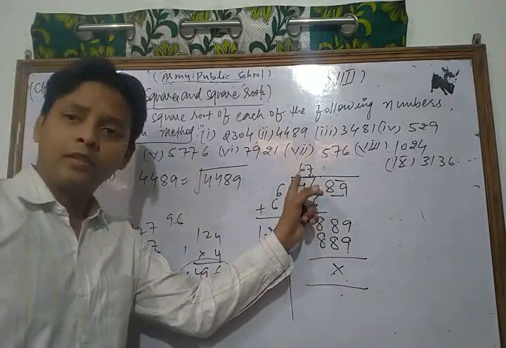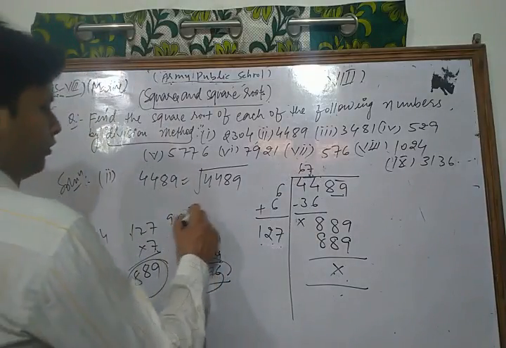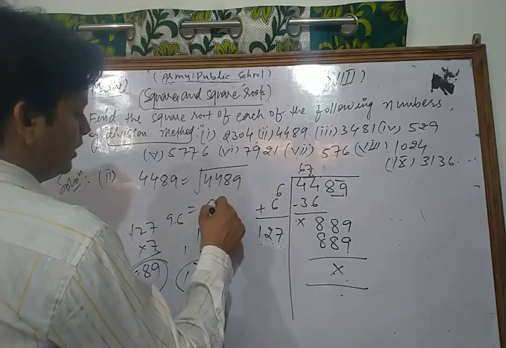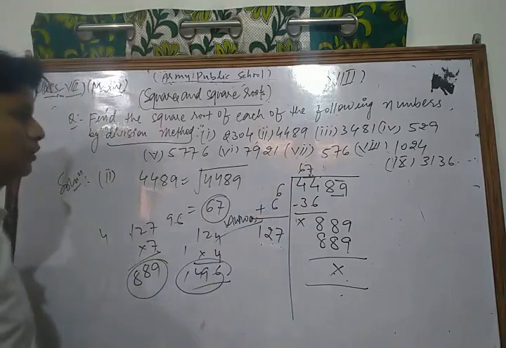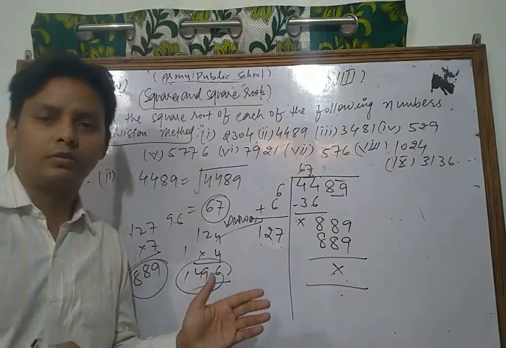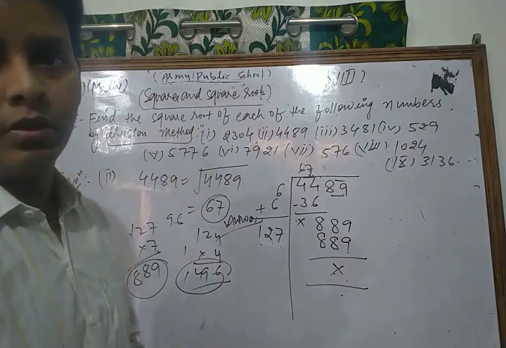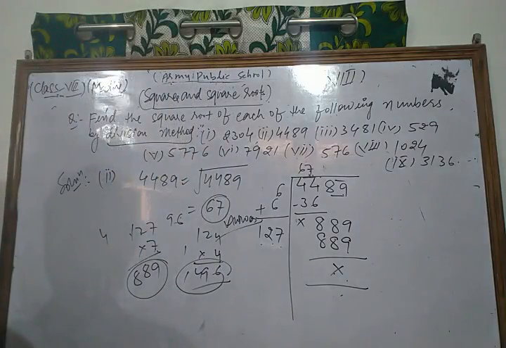So that quotient is the required solution of the given question. Thus the square root of 4489 is 67. Dear students, using this method you can solve each and every question of your syllabus. Now we solve some other important questions.